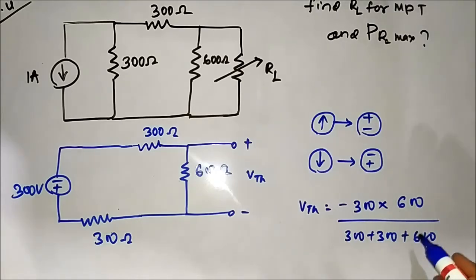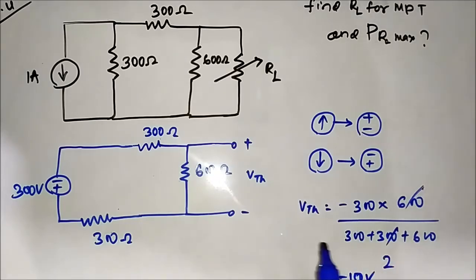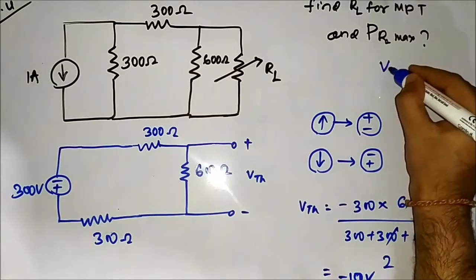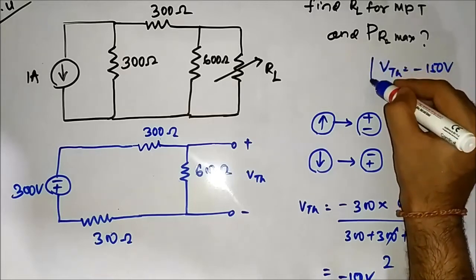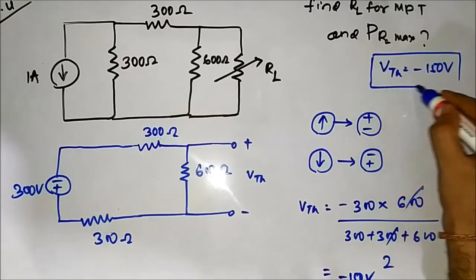So it will be 300 into 600, which is 1200, and this is minus 150 volt. VTH is equal to minus 150 volt. Okay,